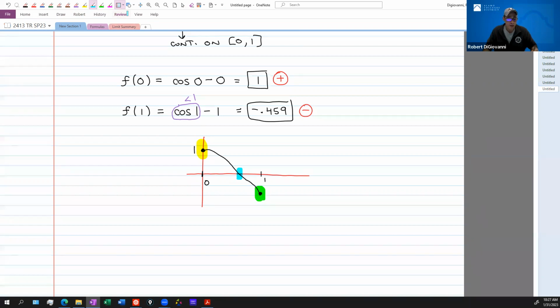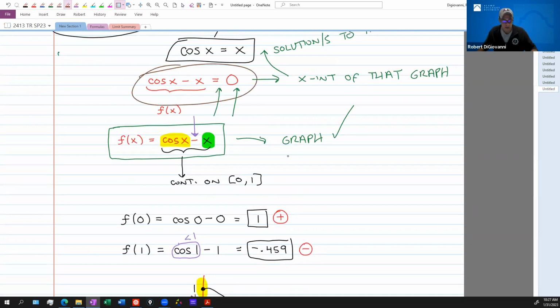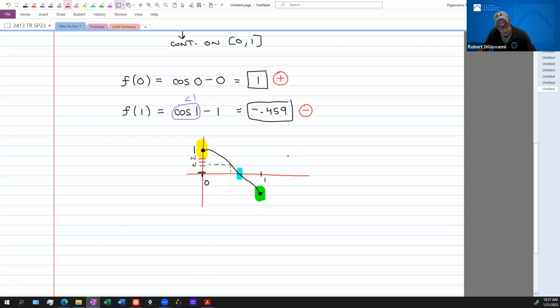I have to. The intermediate value theorem tells me that if I pick any n over here, any n I want, there's got to be something that goes to it. Well, what n value am I interested in? The one that makes this thing 0, right? So my n is right here on the x-axis, and I want to know what that point is. The intermediate value theorem says that it definitely exists. It has to. So that has not helped me find the answer, but it at least tells me that it lives somewhere between